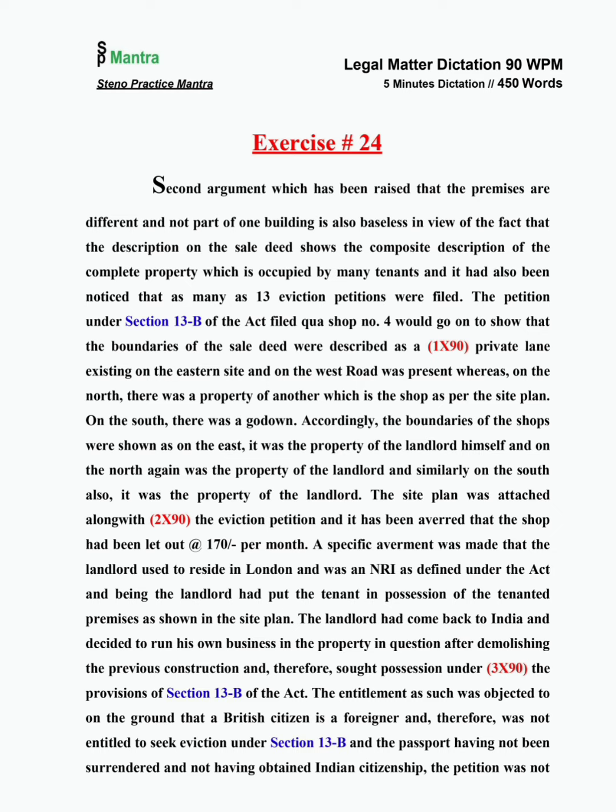The site plan was attached along with the eviction petition, and it has been averred that the shop had been let out at the rate of 170 per month. A specific averment was made that the landlord used to reside in London and was an NRI as defined under the Act,